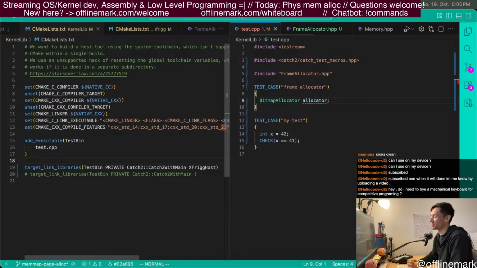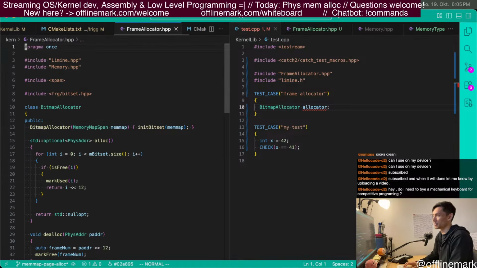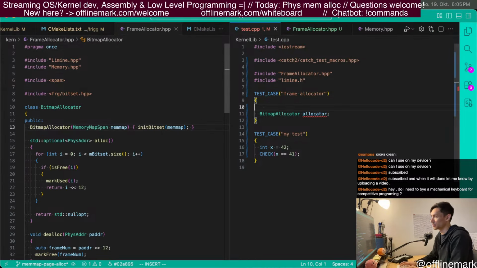But now check it out. Here's the part where we can, now we're pretty much ready to just write our unit test actually. So to do that, we're going to instantiate the bitmap allocator. And to do that, we need the memory map span. And so we need to